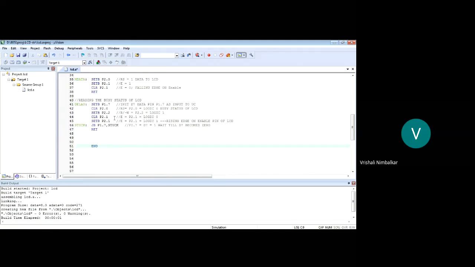Instead of displaying a single character, it will display a string, it will display a message. So let me store the message in the program memory. Fine. And where is that message stored? So let me say ORG, let the message be stored at 100 hex. So ORG 0x100. And what is my message? I will type my message with DB, define byte. So I'm going to store the message in the program memory.